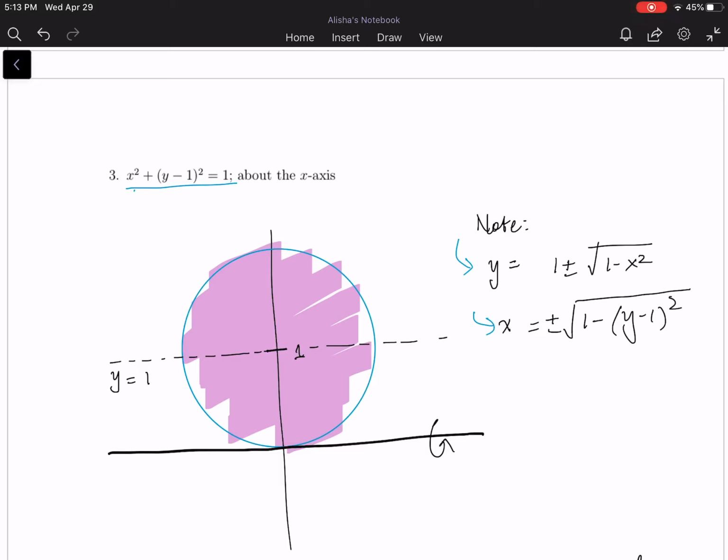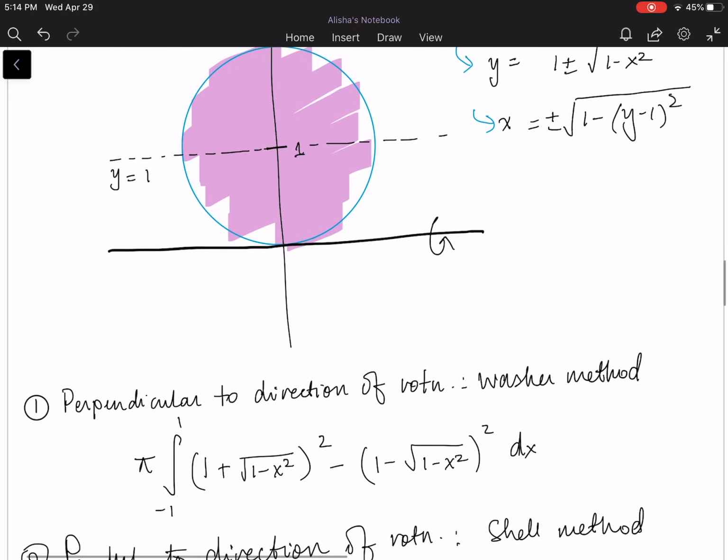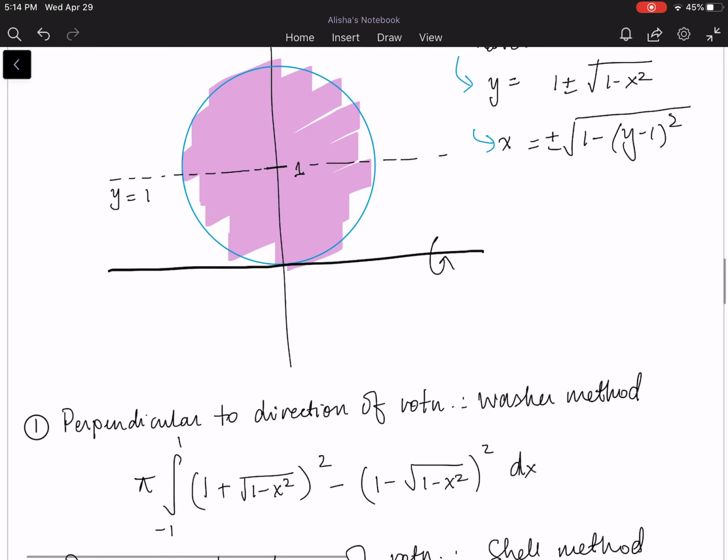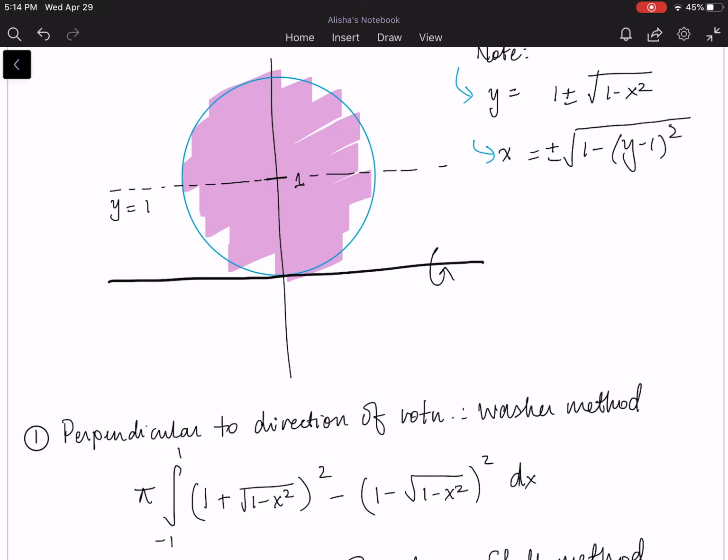All right, so because we can express x and y explicitly, it's not really clear which direction. There isn't a preferred direction in which to chop up this area. So I set it up for both directions. Let's consider first chopping it up like so,